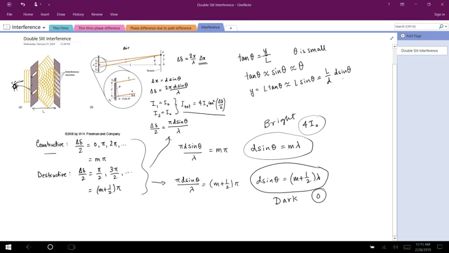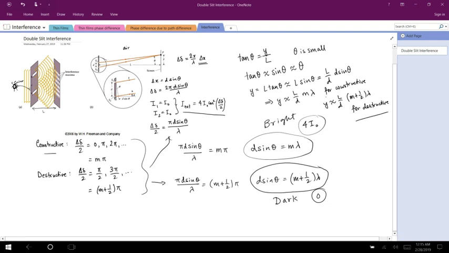And then this would imply y is roughly equal to L over D times m lambda for constructive interference, so bright spots, and y is roughly equal to L over D times (m plus 1/2) lambda for destructive, or dark spots,